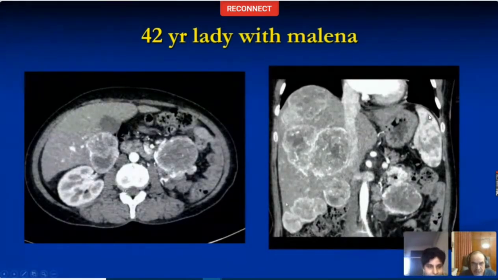Soumya, this is a 42-year-old lady who presented with melena. She had weakness and was found to have a low hemoglobin. Sir. Go ahead. So this is a contrast enhanced CT, sir. In the arterial phase, there is a well-defined heterogeneous enhancing lesion noted in the right lobe of the liver. Other than that, there is a well-defined heterogeneous lesion in the left.